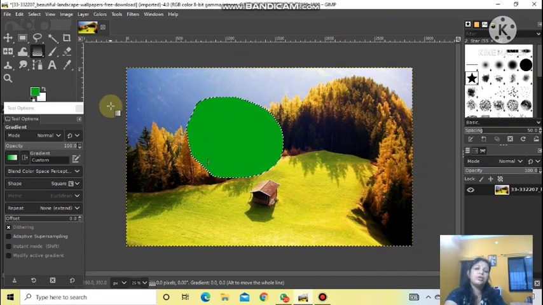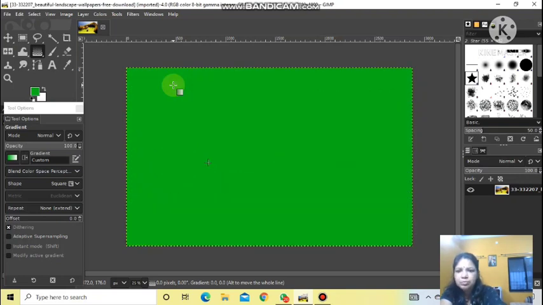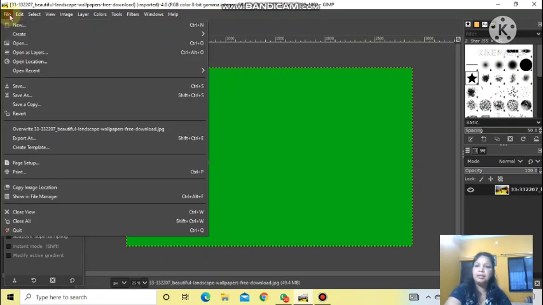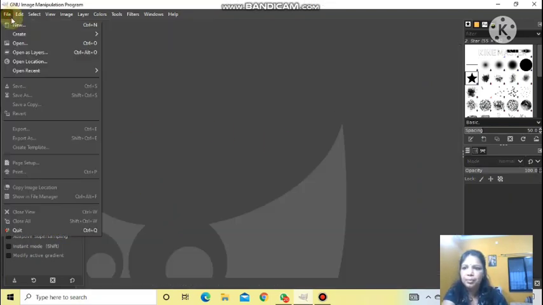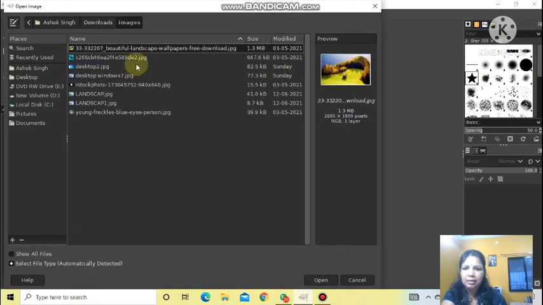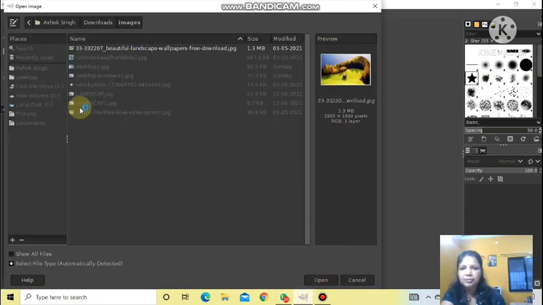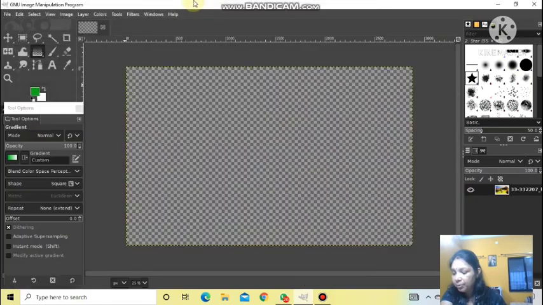So this way you can try the gradient fill. One more time, let me show. Some keys were pressed on the keyboard, that's why it is happening. Let me close this file. I'll open a new file, the same file again, open. So that way gradient fill can be provided.